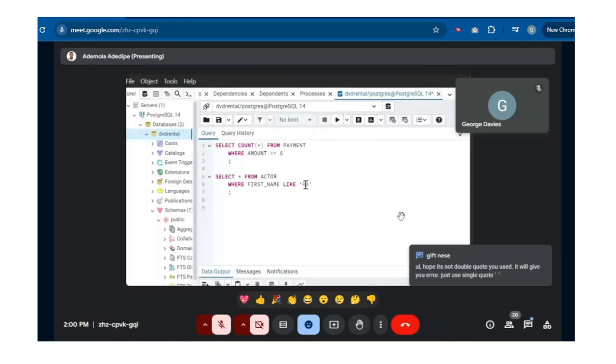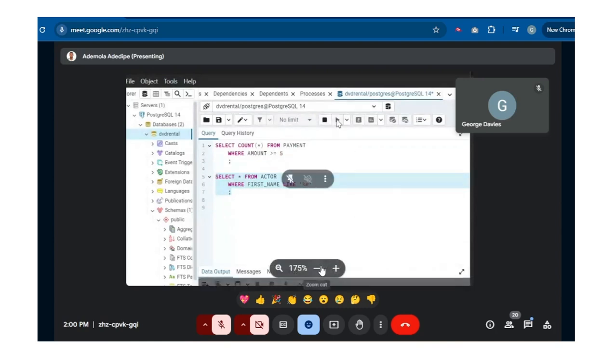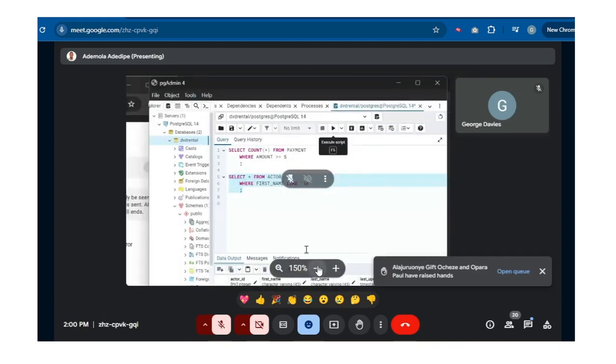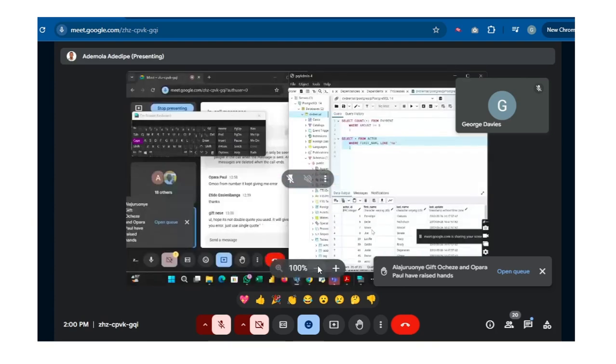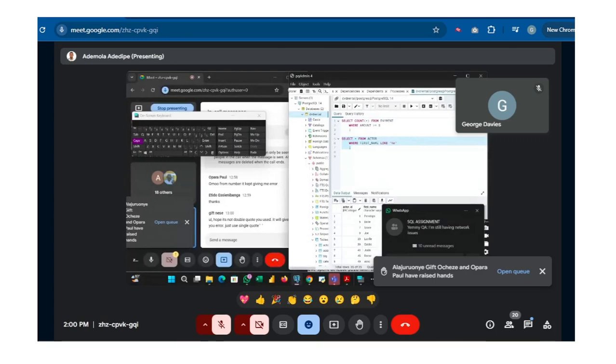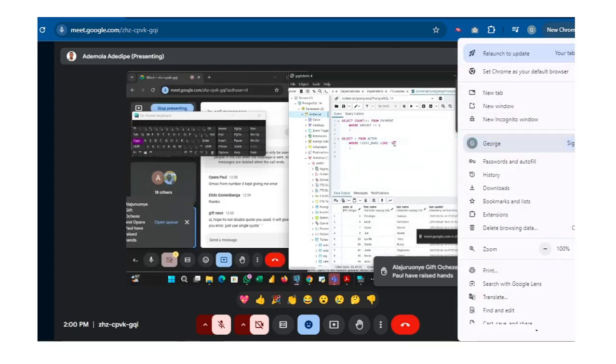Because my percentage is in front of E, it will print out all my first names that end with E. Can you see? Antelope, Grace, Joe. Can you see? So if I add my E here,